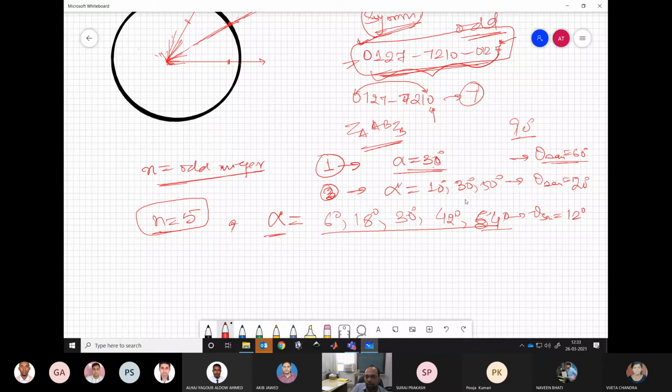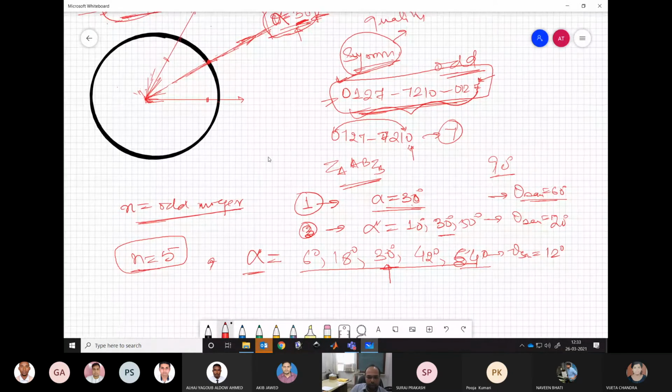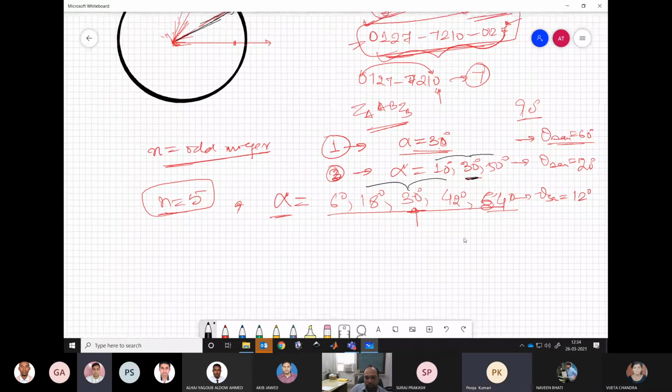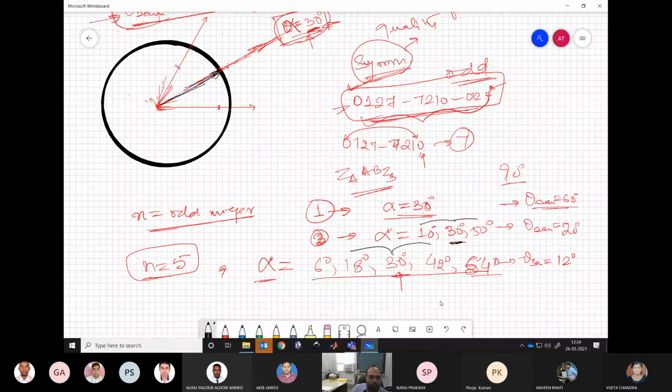Now you keep one sample at the middle, 30 degree. One sample is fixed everywhere. In the middle of the sector, we have one sample. That is fixed. We are not changing that. There is one sample always at alpha equal to 30 degree. Now the remaining are distributed about that. So if you keep one sample here at 30 degree, what options do you have?